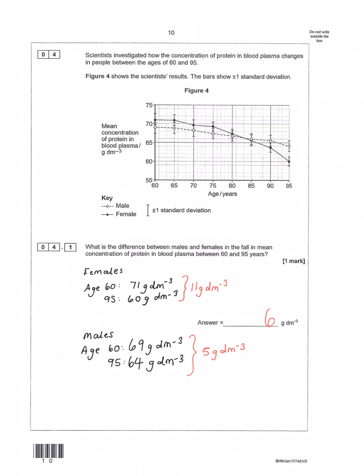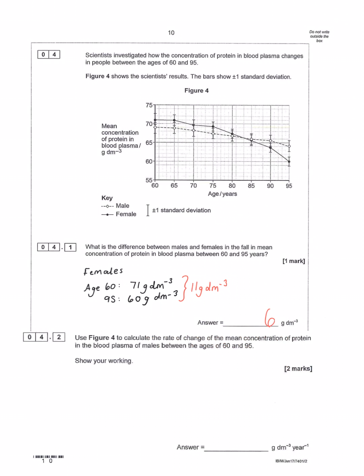And helpfully, we've actually been given the units here of grams per decimetre cubed per year. So between the ages of 60 and 95, the mean concentration of protein in the blood plasma for males decreased by 5 grams per decimetre cubed, as we worked out in the previous part of the question. And this happened over